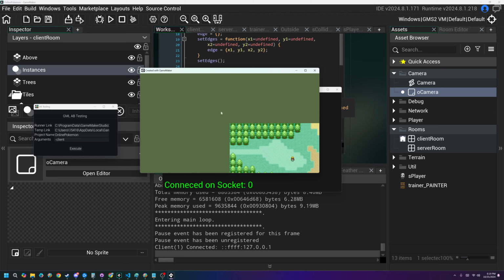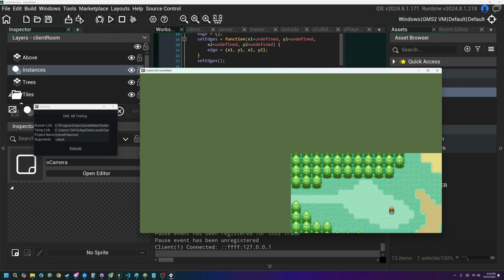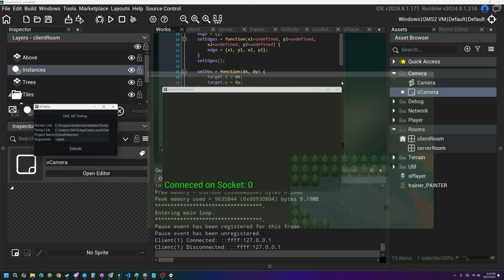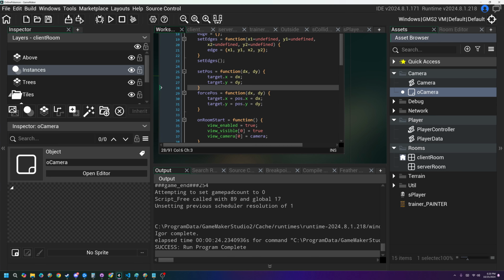It does look a little weird probably to you guys, but the camera's position is set to the top left corner of the entire room, and so we're seeing the top left corner. And if I scale this up, as you can see, the room itself does not get any bigger or smaller, so that is great. So let us actually define the player to be the actual center of the camera,